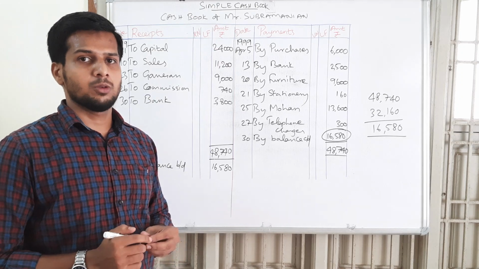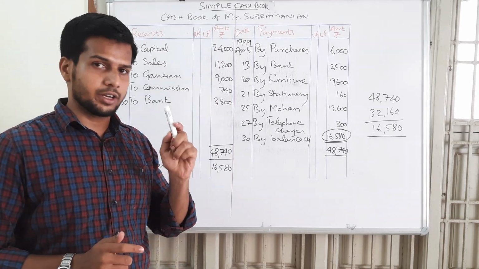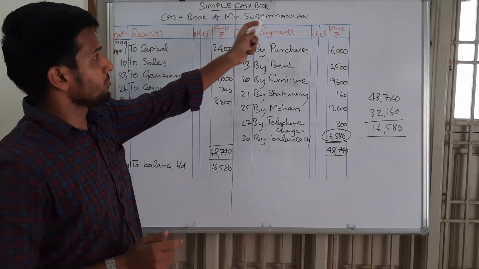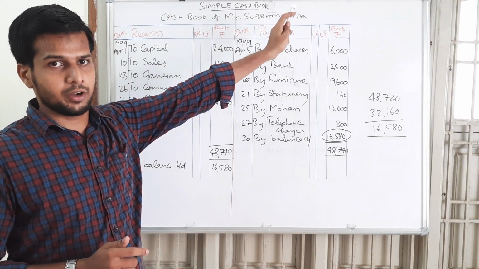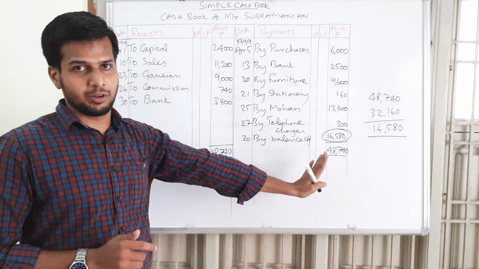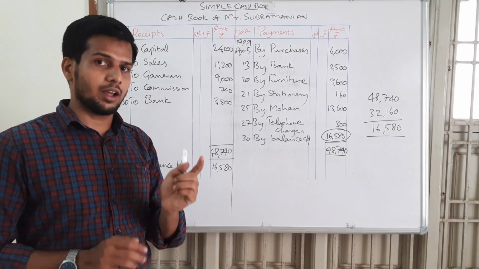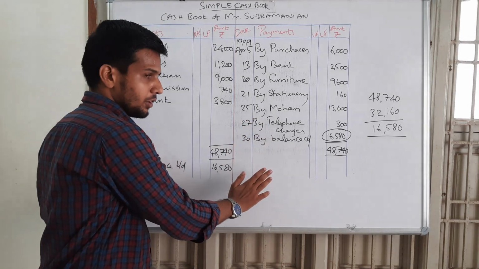So this is how the cash book must be prepared. We need to keep in mind that it must begin with the cash book of Mr. so-and-so. The name of the firm or the name of the proprietor must be written on the top, and we have the receipts on the debit side and the payments on the credit side. We need to follow the rule of journal entry, that is, as in the preparation of the ledger account, the same must be followed for the preparation of the cash book.